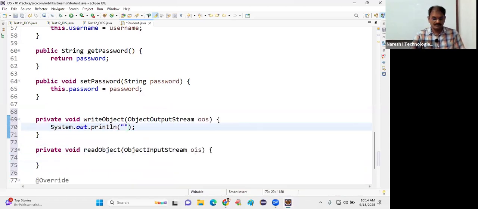System.out.println("private writeObject is called");